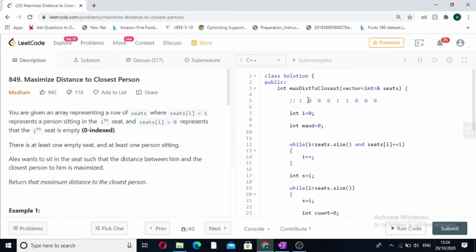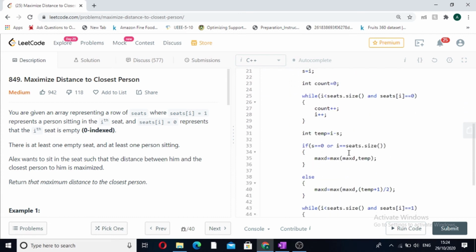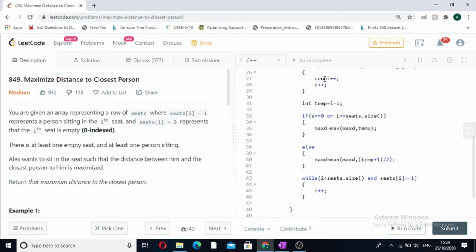So our i was starting at this. After that inner while loop, which will be counting the continuous zeros, it will traverse till here, and now it will break at this condition, that is our i will be pointed at this one. Now we have got the count of the zeros which we have found. Now we will take a variable called temp. In this we will store count only.